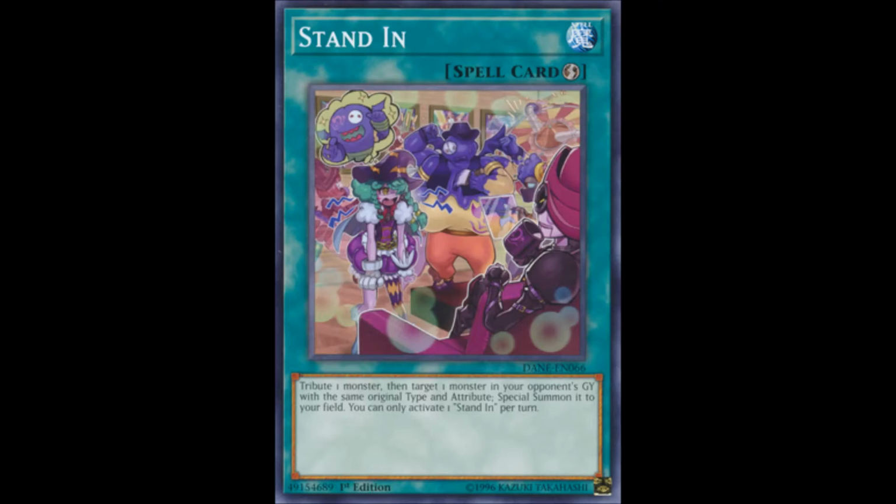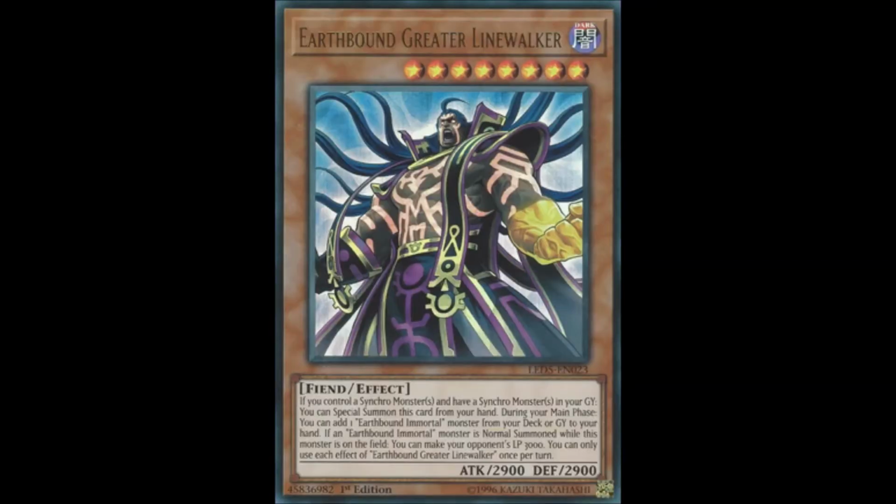So yeah. Next up, Earthbound got a new support lineup. First of which is the only main deck monster, Earthbound Greater Line Walker, which is a level 8 monster with 2900 attack and defense. And if you control a synchro monster and have a synchro monster in your graveyard, you can basically summon this thing from your hand. But keep in mind, you have to have a synchro monster on the field and in the graveyard, so it's a bit more specific than you might initially